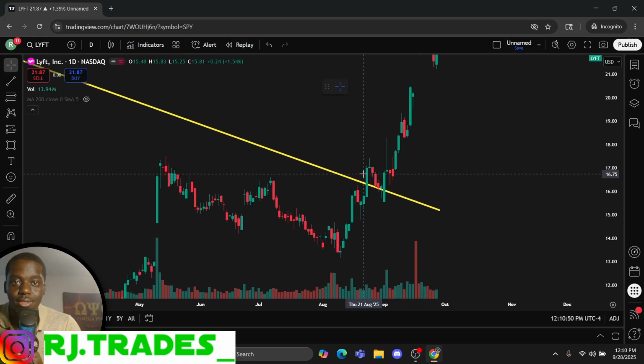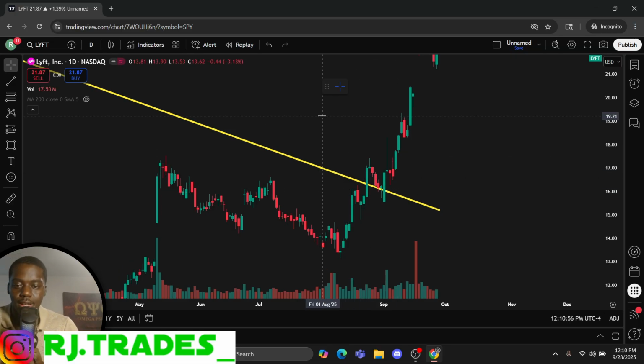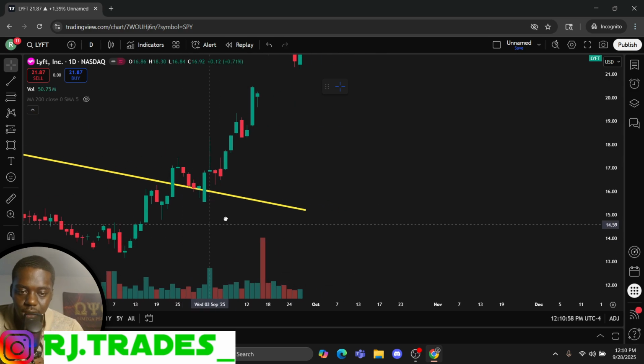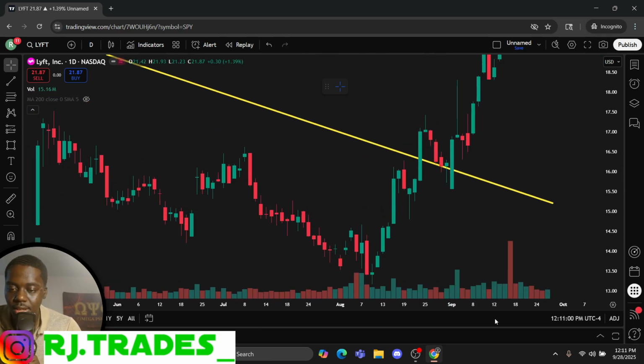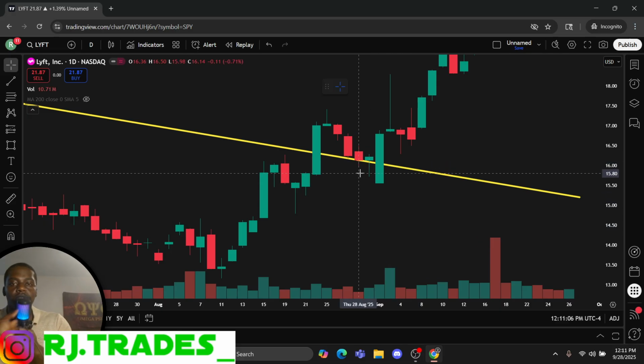We broke out of the place that was a resistance. Look at the candle that we got when we came back down to that same spot. Number one, look at these two candles. Two things that I love right here. Number one, you have a long bottom wick. What does that mean? Buyers stepping in. So buyers step back in at this place that has been a resistance for 6 years.